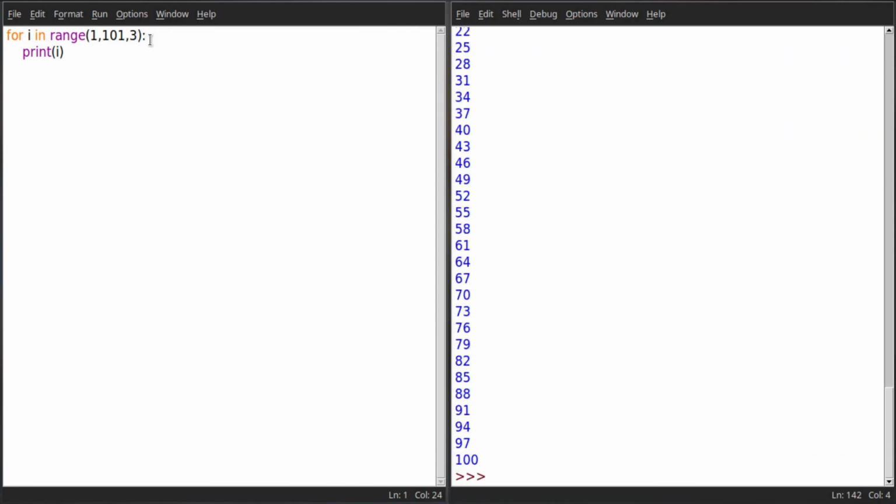You can use a negative incremental value also. For example, if you want to print 100 to 1, with incremental value minus 2.